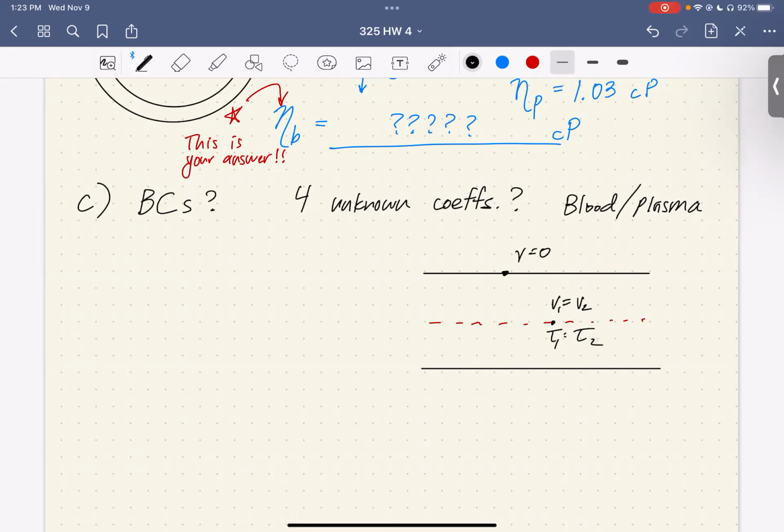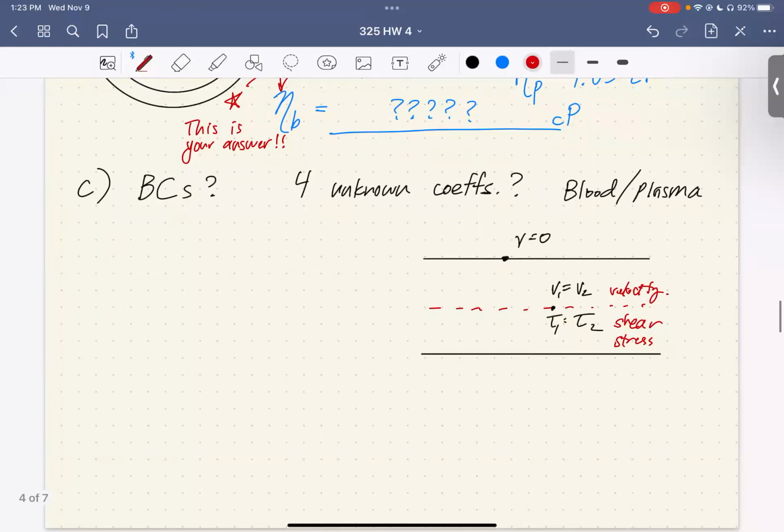And then we have some other boundary conditions as well, but tau being shear stress, and velocity. We also have the maximum velocity in the middle, for example, but essentially let's just write it out. We know the first boundary condition, right? We know the velocity at